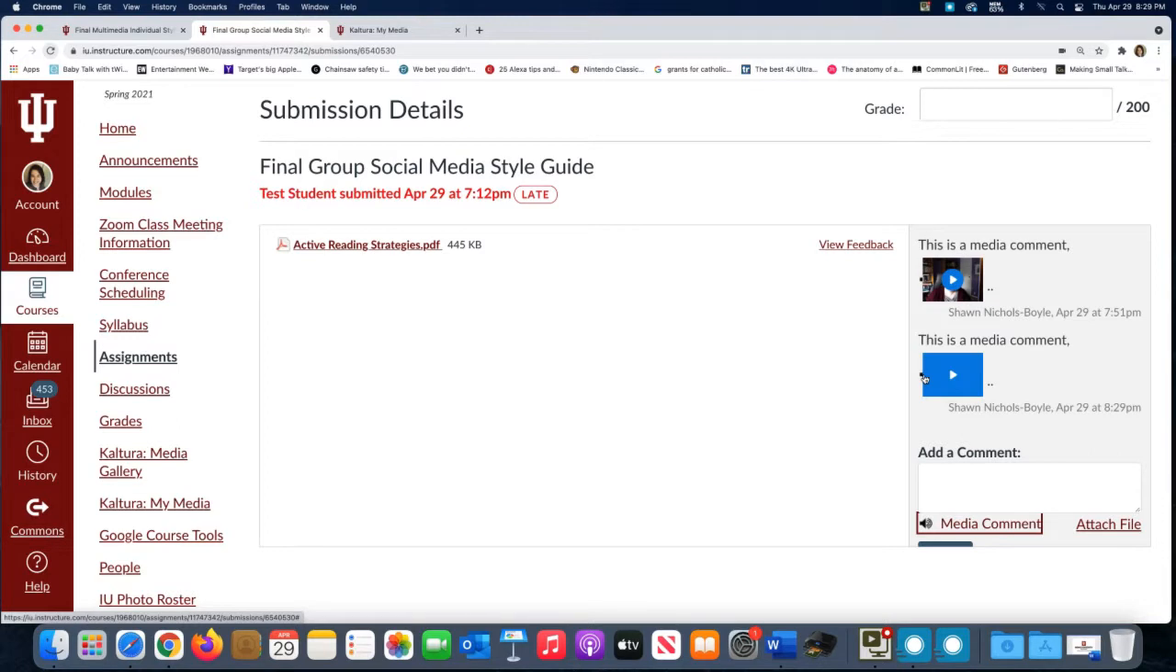Now, if you want to be able to maybe edit a little bit or show your screen, then there's another extra step to take. And in that case, you want to go into Kaltura My Media. You can also do this basic thing in My Media, but it's probably easier to just go straight into the comment and not have to attach and upload it. So from the Kaltura My Media,